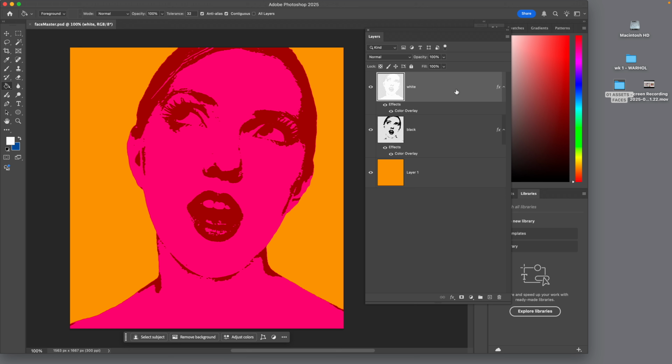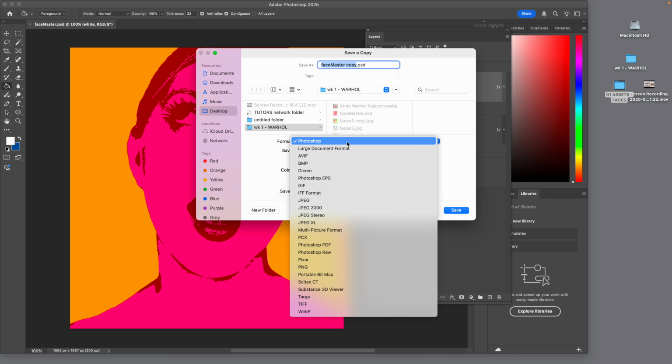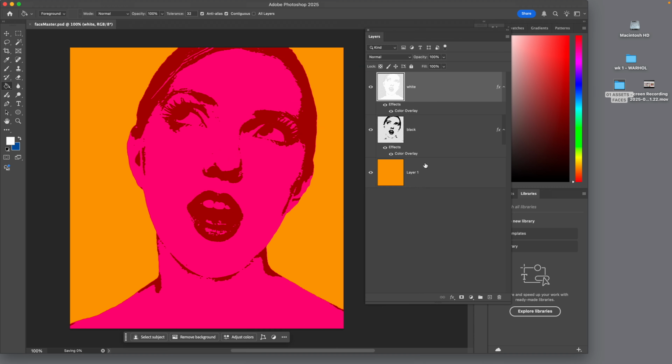Final thing is that you could take screen grabs of it, or you could save a copy and save a JPEG version of it. Okay. And I would put that into a separate folder. And then you could make changes. So I can either go in and individually change the colour, or I can add